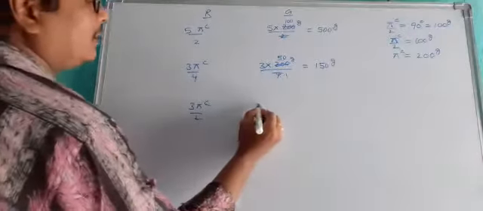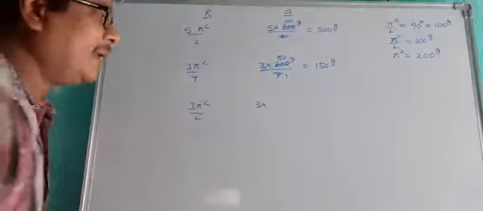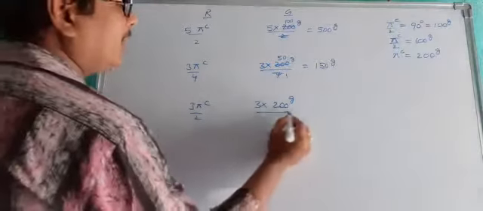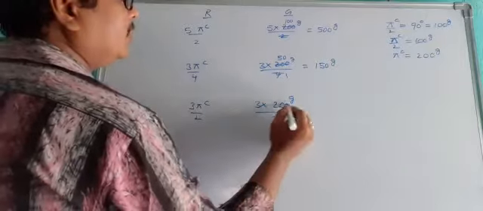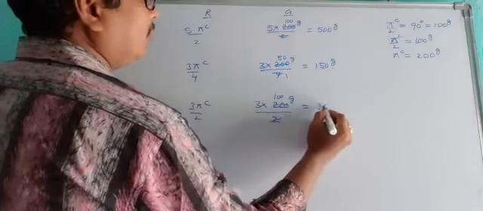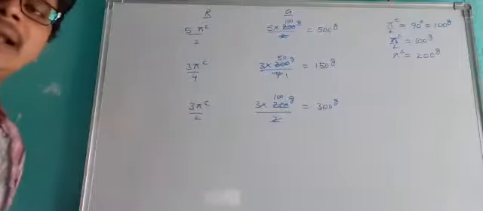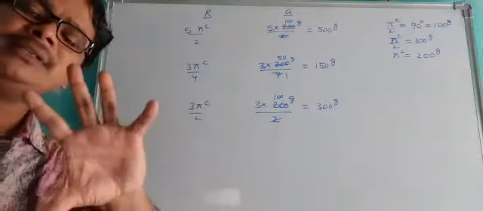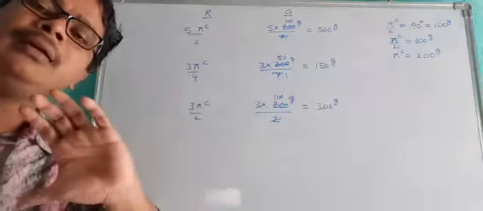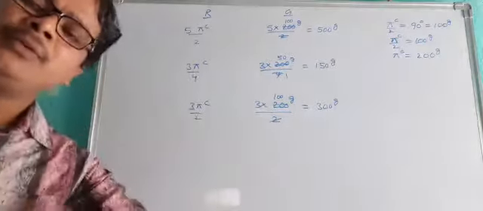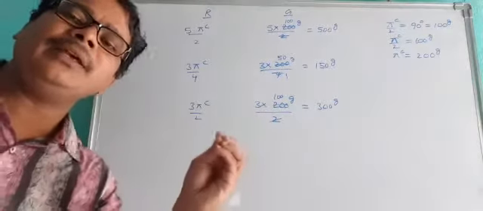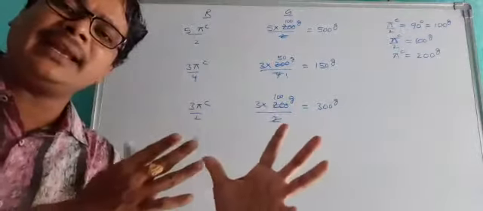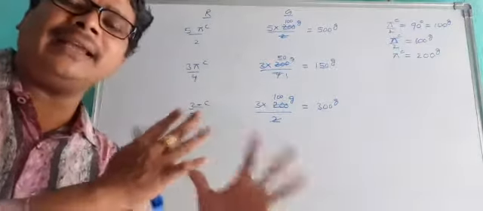Last and final, 3 pi by 2 radians. Pi radians equal 200 grades. 200 grades by 2, 2 one hundreds are 200. So that equals 300 grades. This is the conversion of radians in terms of grades. Okay, so this is the conversion of all measurements of angles from one system to another system. In your next video, I will introduce the relation between angles and sides in a right angle triangle.